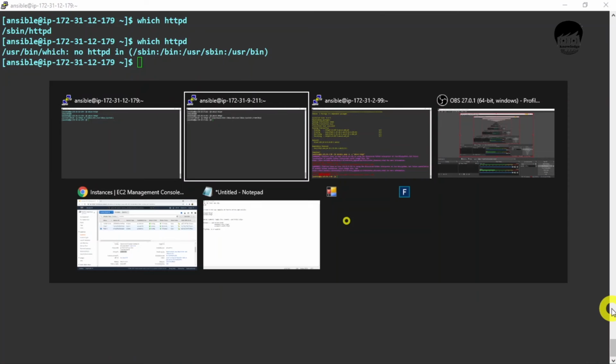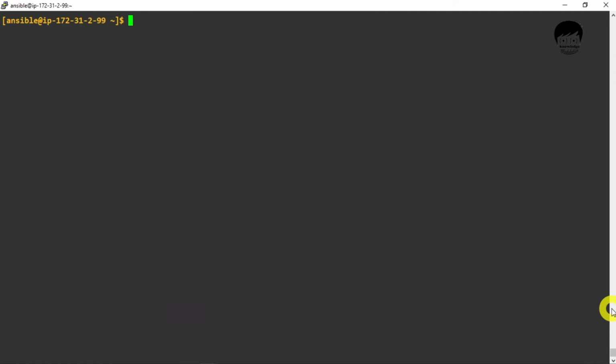So guys, we can hit just a simple command as an ad hoc command, and now we'll again install the httpd package with the modules. So what is the basic difference, that whenever we add the module, we have to mention which type of work we have to do. So we'll ansible, group name is demo, hyphen b is for sudo, and we will add hyphen m. Hyphen m is which task we have to perform.